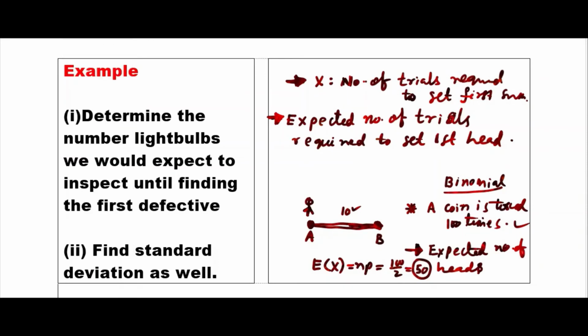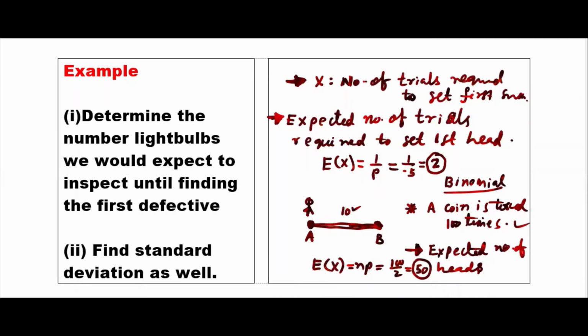So you apply the expected formula, E of X in case of negative binomial. This is geometric, okay? This is negative binomial, but we say geometric. We are talking about only the first success, okay? So 1 by p, 1 upon p, 1 upon 0.5. So that is 2. You expect to get the first head in 2. If you get it in 1, that's fine. But your expectation is 2.